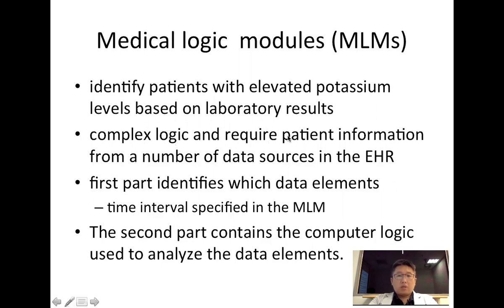For example, if something happens, then they can retrieve data from other data. But I think later we use another real example to illustrate. And the component of this MLM, the first part is they will specify the data element,